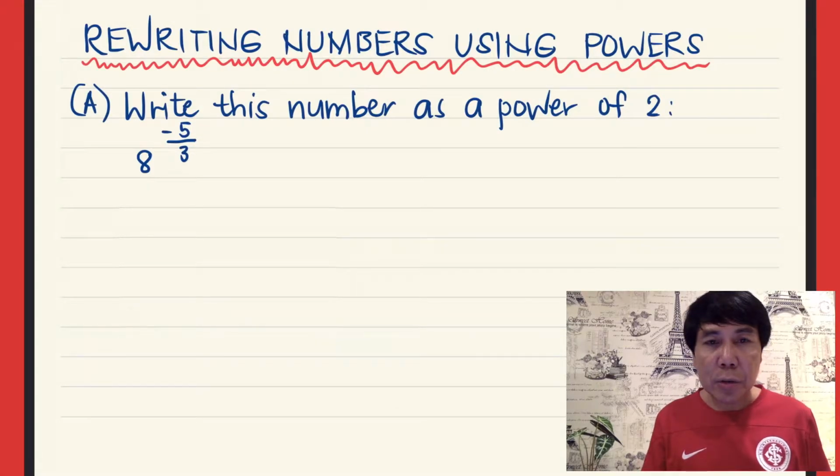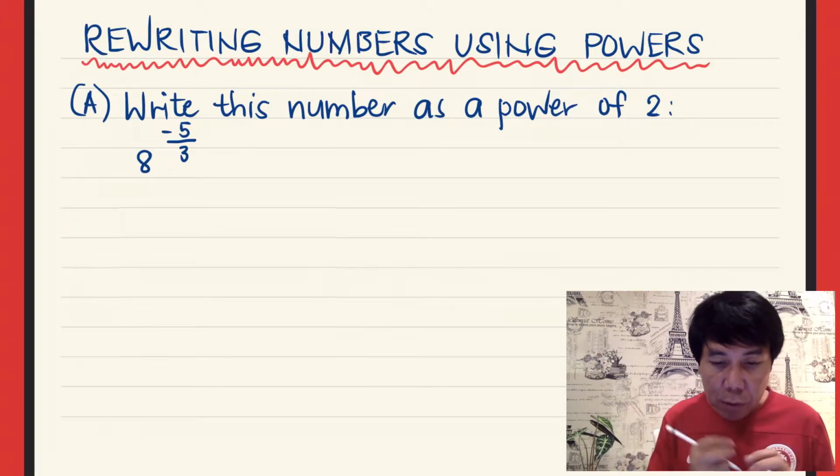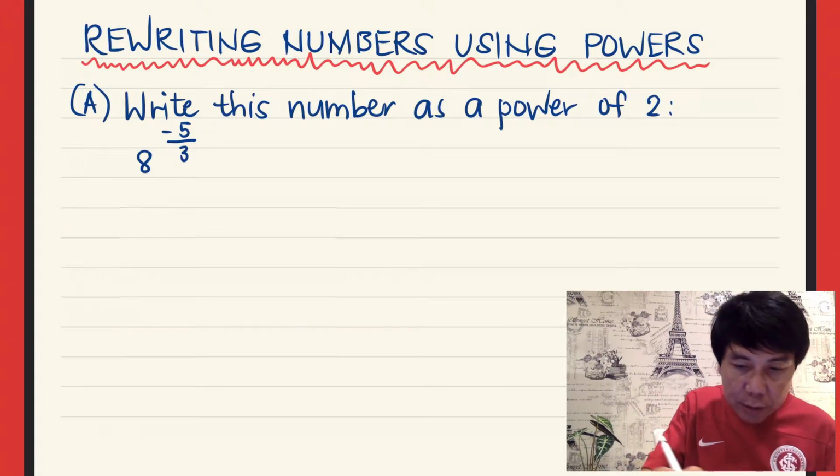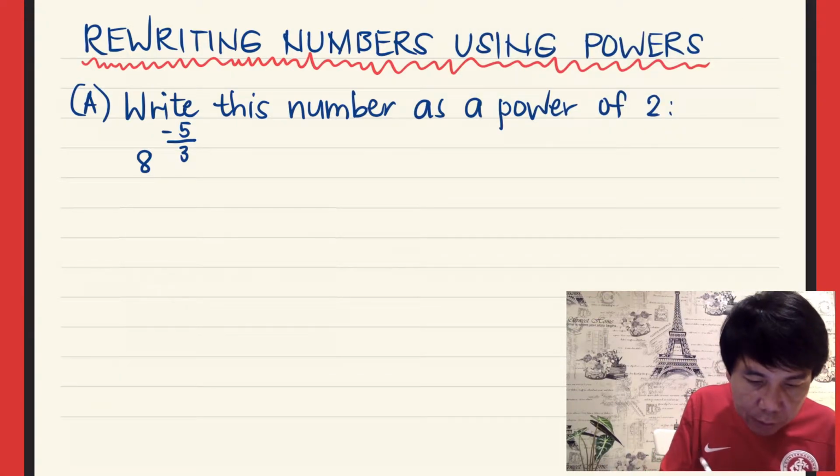We're going to learn rewriting numbers using powers. For the first example, we're going to write this number as a power of 2. There are two ways we can do this. The first one: I will rewrite 8 raised to the power of negative 5